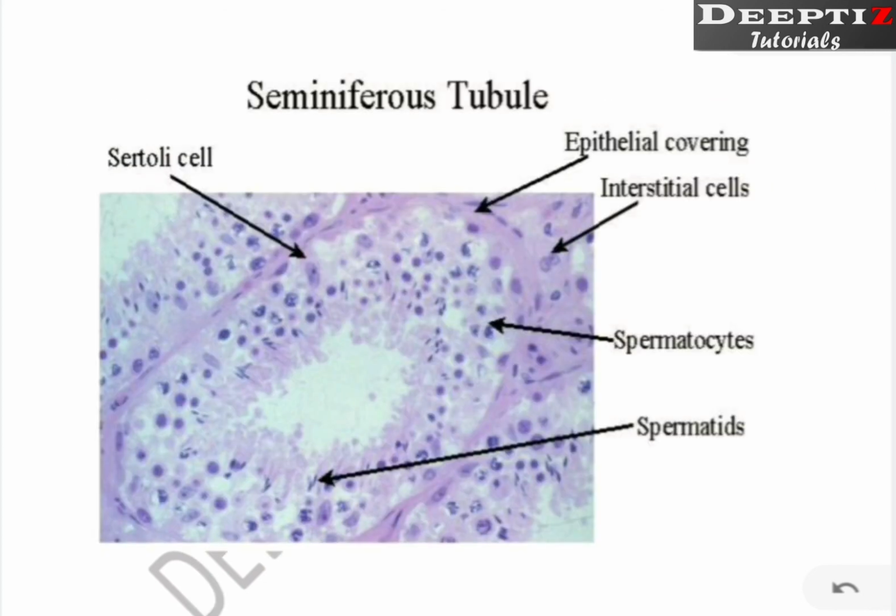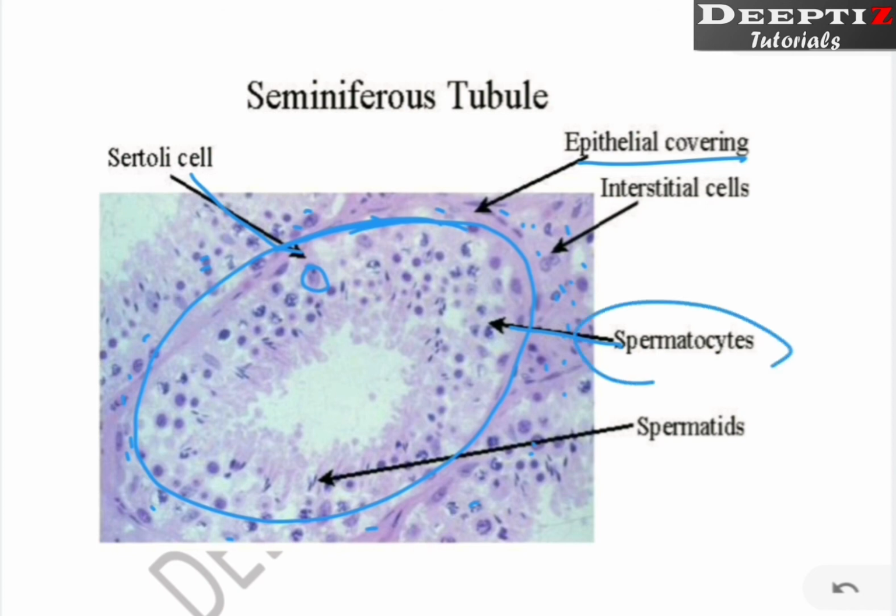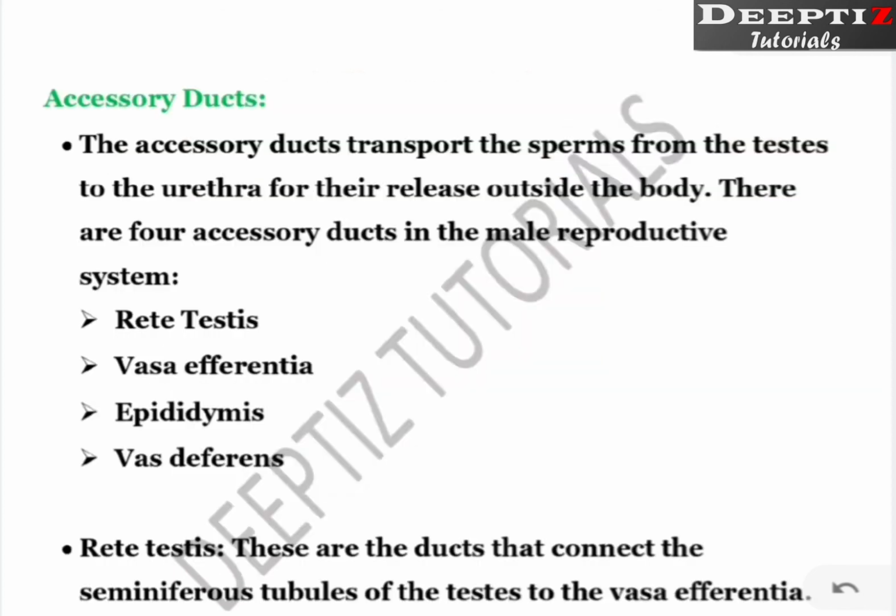This is a microscopic diagram. So this much is going to be one of the seminiferous tubules. This is the epithelial covering of that tubule. Outside the seminiferous tubule, whatever cells are there, we call them interstitial cells. Outside these tubules, whatever we can say, that is interstitial cells. Now Sertoli cells are there to nourish spermatocytes, spermatids. These all we will see, that is the different stages of development, right? So it is just a microscopic one.